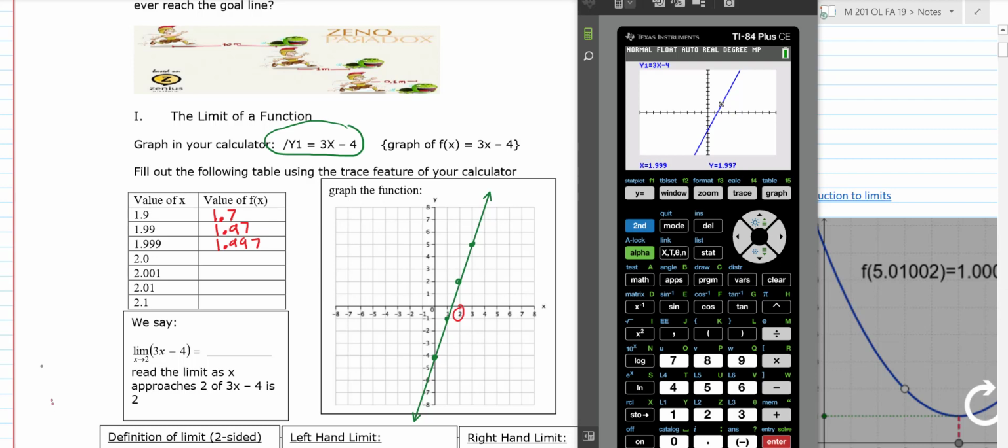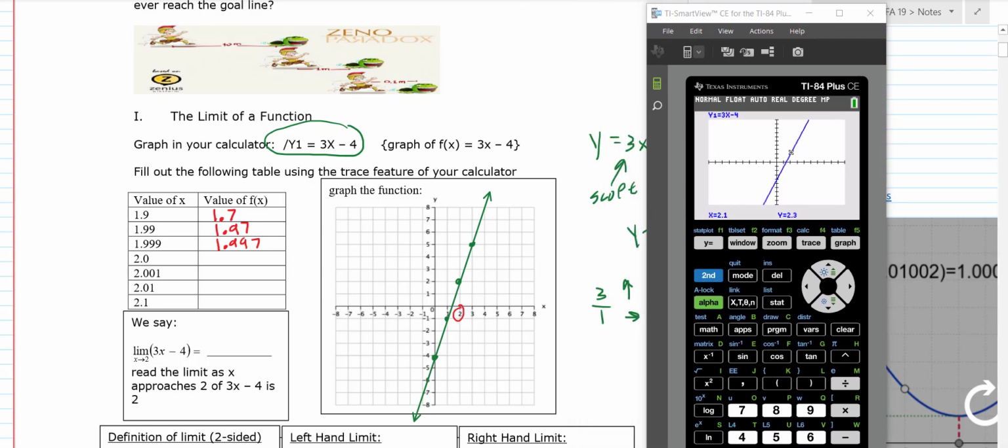Okay, all right. Let's go down here now. Let's use some numbers bigger. So 2.1, trace that. All right, now on that side, that gives 2.3. Okay, now we're closing in on 2 from the right. So we go 2.01. Let's see, that gives 2.03. Then we go 2.001. So that gives